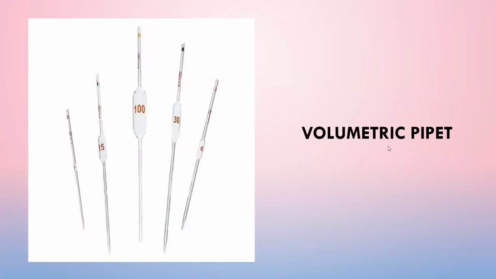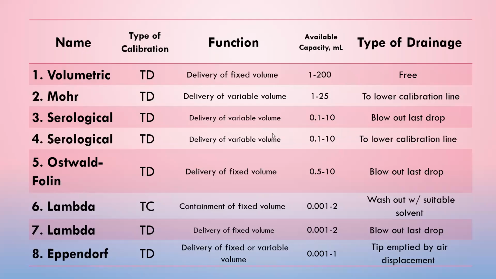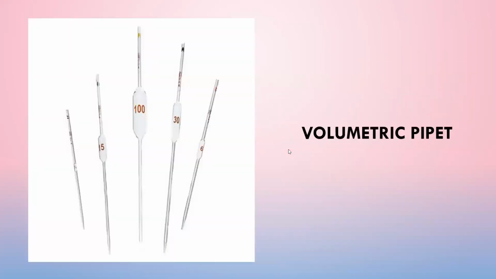So ito yung mukha class ng volumetric pipette and kagaya ng nakalagay sa table, this will deliver fixed volume of liquid. So kagaya nitong nasa gitna, this is for 100 ml. Meron niya siyang linya dito, isa lang ang linya niya and that is for the measurement of the 100 ml. Okay, wait lang ha, let me just fix